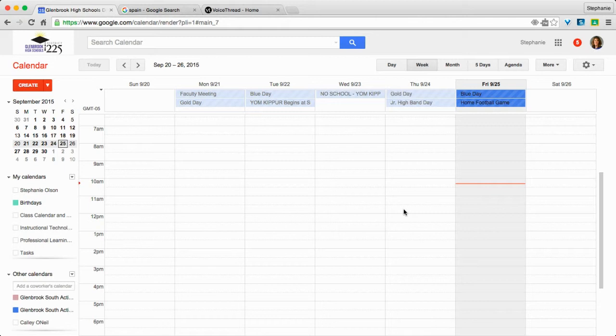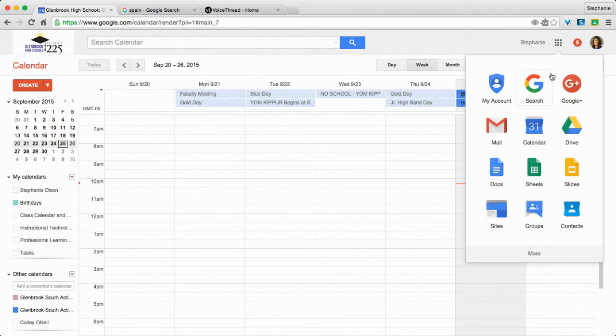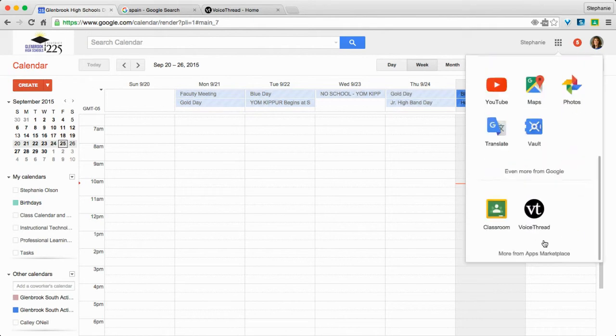So the first thing about VoiceThread is how to access it. If you log into Google Apps using your Glenbrook account, you can go into any of the apps. So right now I'm in Google Calendar, but you can be in Gmail or any other Google app. And if you click on the waffle icon or the apps icon in the top right corner and then click more, one of the options you're going to see is VoiceThread, and you can go ahead and click